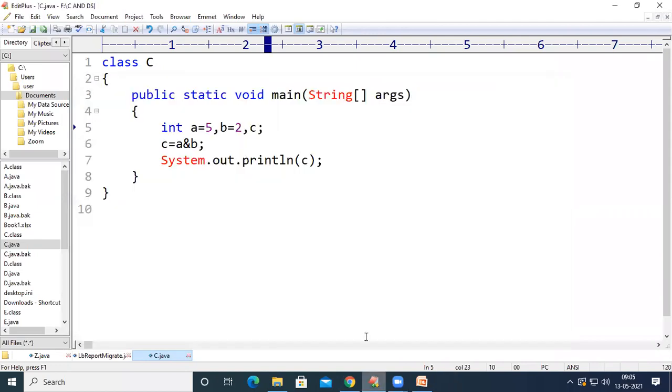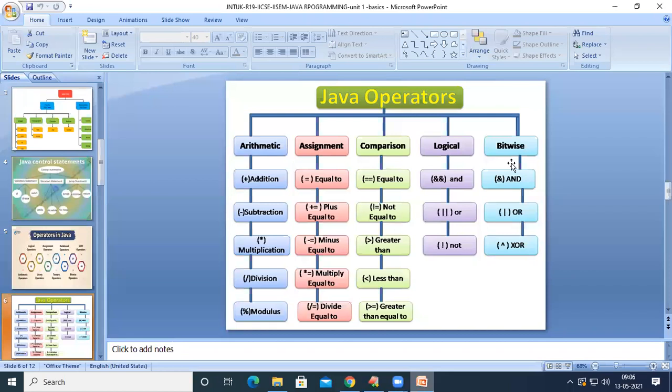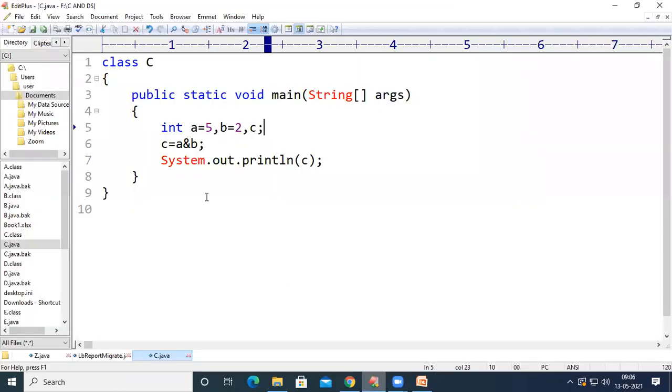So what happens? There are 3 bitwise operators. What happens if you use the OR symbol in between these two operands, in place of this one? In the case of different combinations, if both the operand values are 1, then we are going to get 1.